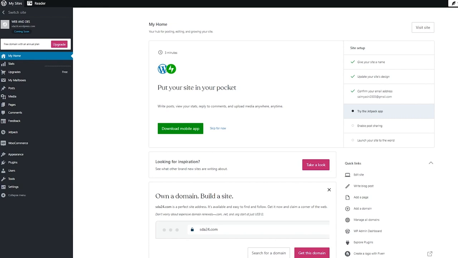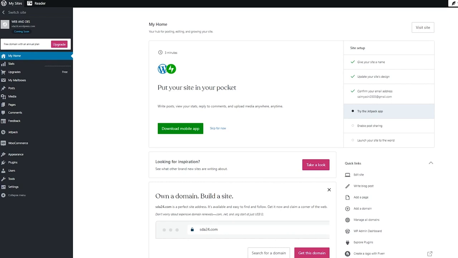The second way is to use WordPress's very own drag and drop editor. And the third way is using an external add-on or plugin. In our case, we're going to be using a very famous add-on, so it's going to be really easy to work with. Please do make sure to fully watch this video till the end to get the whole detail of how things work. So to start things off, first of all,